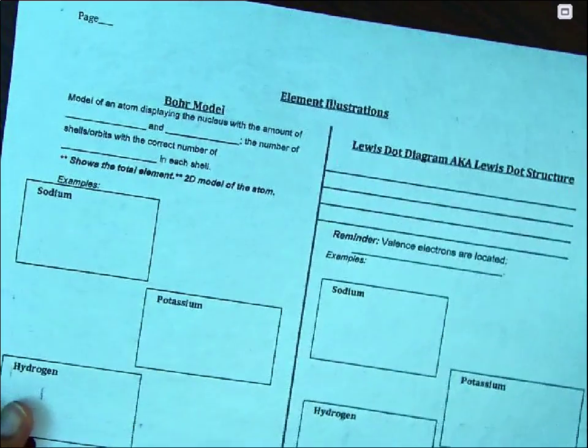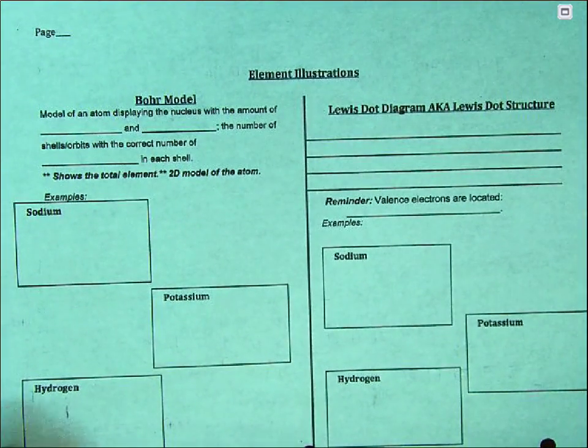There are 2 types of illustrations for an element. One is called a Bohr model. The other one is called the Lewis dot diagram. We're going to start with the Bohr model because this is the one that when you see